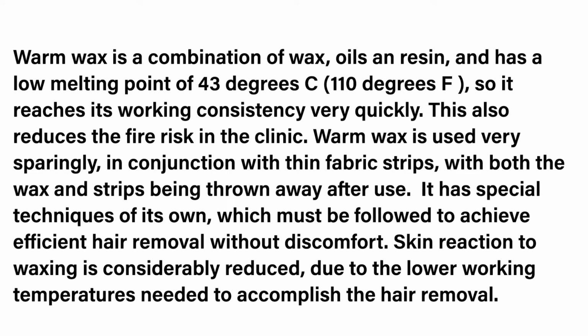Warm wax is a combination of wax, oils, and resin and has a low melting point of 43 degrees, so it reaches its working consistency very quickly. This also reduces the fire risk in the clinic. Warm wax is used very sparingly in conjunction with thin fabric strips, with both the wax and strips being thrown away after each use. It has special techniques of its own which must be followed to achieve efficient, effective hair removal